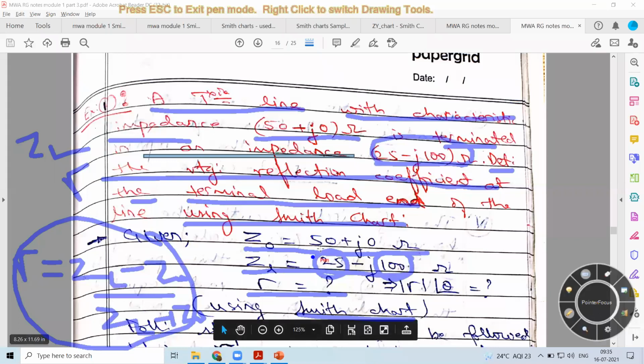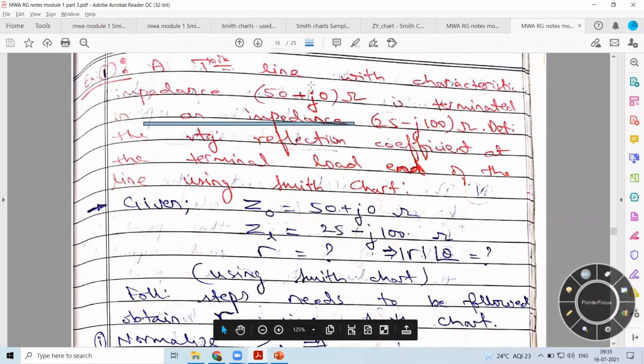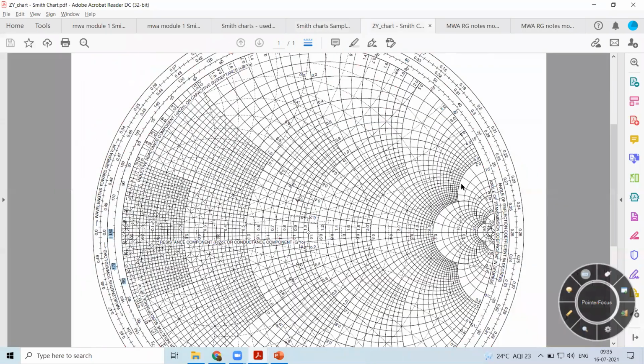So here, the first thing we have to do is, since Smith charts are used for normalized plotting, these are all normalized components. So you can see that it is R by Z naught, it is G by Y naught, and here it is plus JB by Y naught, and here it is plus JX by Z naught. So all these parameters are divided by the characteristic impedance or admittance, depending on whether it is a reactive or susceptive component.